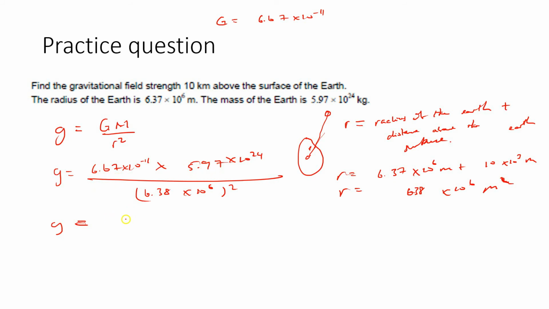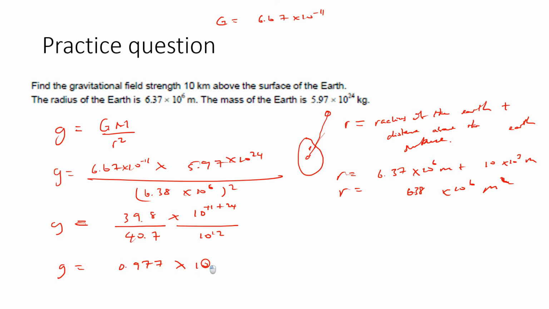5.97, you would get a value of 39.8. Divide that by the square of 6.38. That would have given you 40.7. And then now, in terms of your powers, 10 to the minus 11 plus 24 is going to give you 10 to the 13. And in the denominator, you have 10 to the 12. So G is really equal to